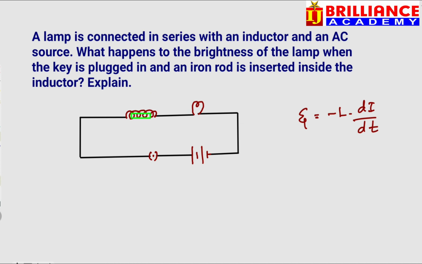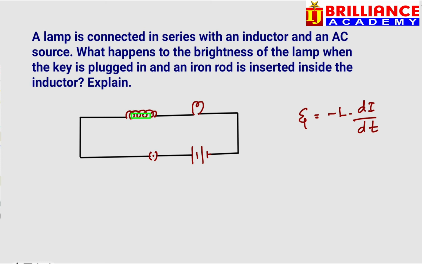So the current will gradually start to increase. Initially the current has a lower value and it gradually increases. So what happens to the brightness of the bulb? Gradually the brightness of the bulb increases. Then in a short while it reaches a maximum, so the bulb will glow with maximum brightness. So when the AC source is replaced with a DC power supply, note this point, the inductor offers a back EMF only for a while, because it's a DC supply.